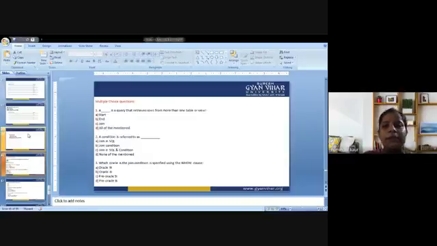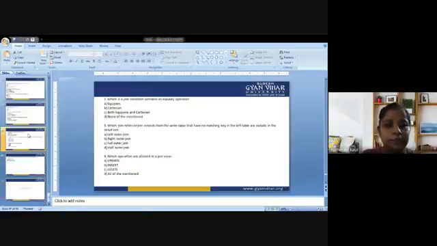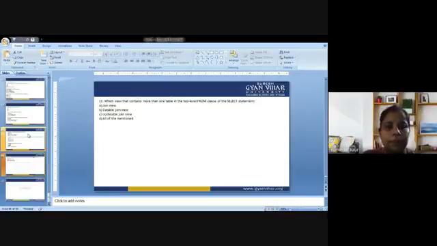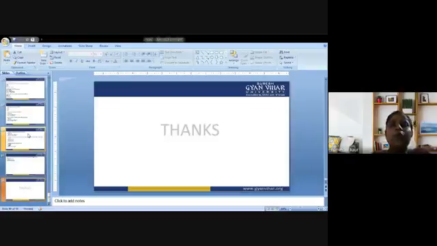Again, there is an MCQ for today's class. 10 MCQs are there. You are supposed to select any one answer against 4 options that are given to you against any one question. So 10 questions have been given for your reference, and you are supposed to answer all the questions, and submit the answers to me at the end of the class. So have a look at all the questions. So these are the questions, and this is the 10th question. So this is all about today's class. If you have any doubt, you can ask me.